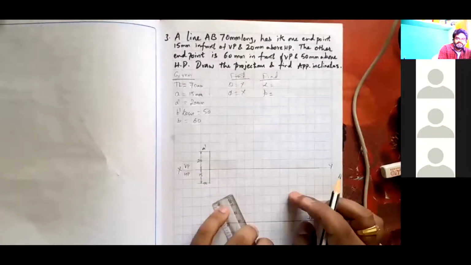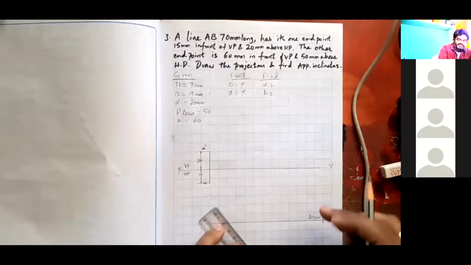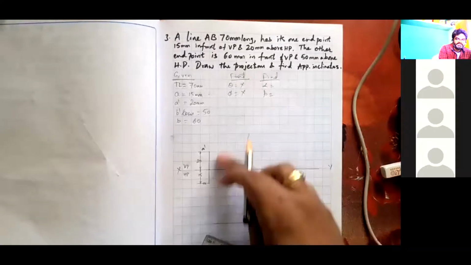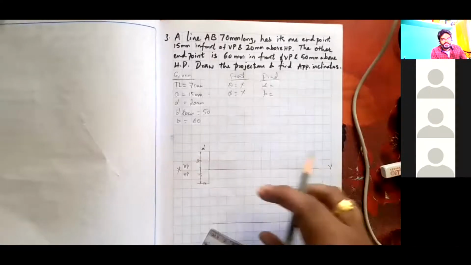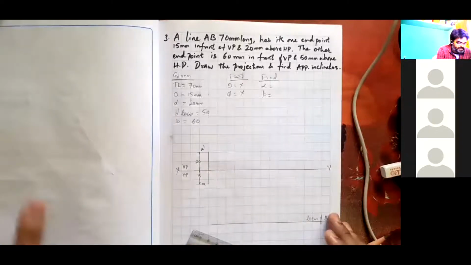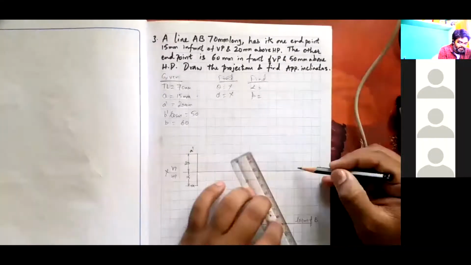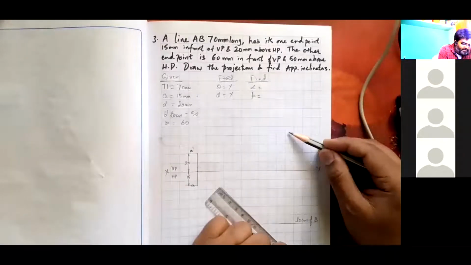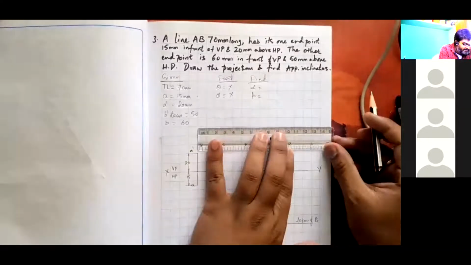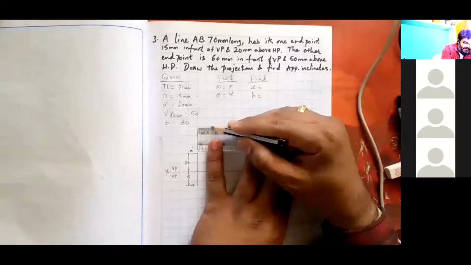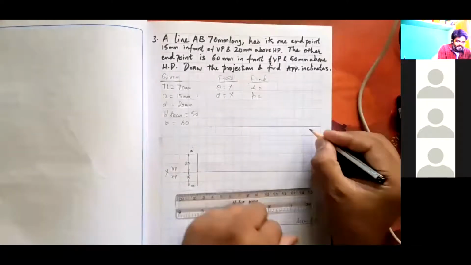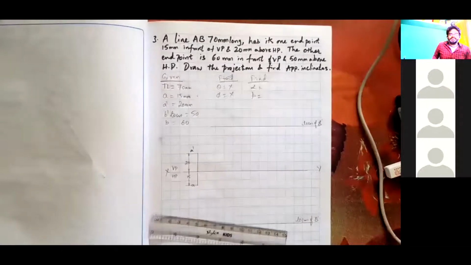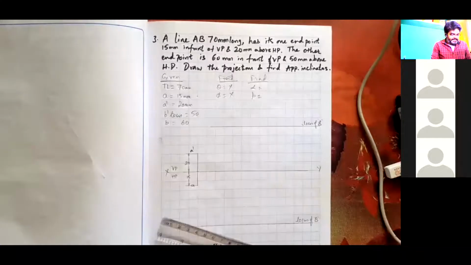Okay, I'm just representing a line here. I'll complete this dimensioning of 60 after completing this view, because it will overlap. If it is overlapping, it doesn't look good. Got it? In the same way, 50 mm from the XY line above HP means from the XY line 1, 2, 3, 4, 5 boxes are directly taken. If you are drawing on an unruled sheet, take 50 mm and draw the locus of endpoint B. Got it? 50 and 60 mm. It is clearly given. So as per the data, I have completed everything.